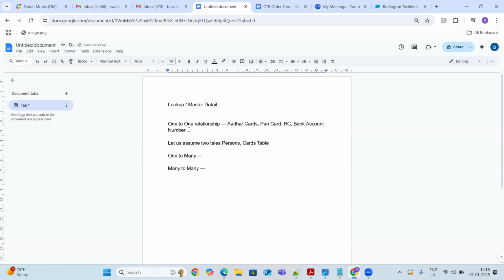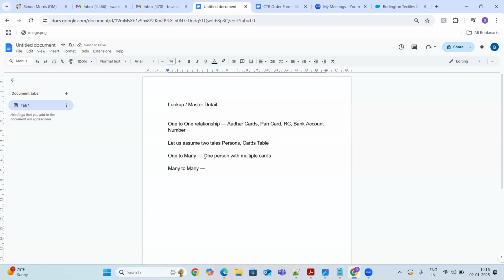So how the persons table and cards table are related is, one person can have multiple cards, right? One person can have multiple cards. That we call a one-to-many relationship. One person with multiple cards.